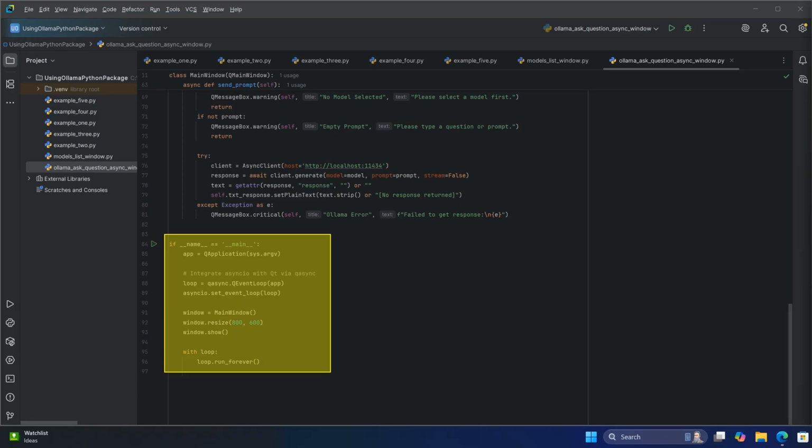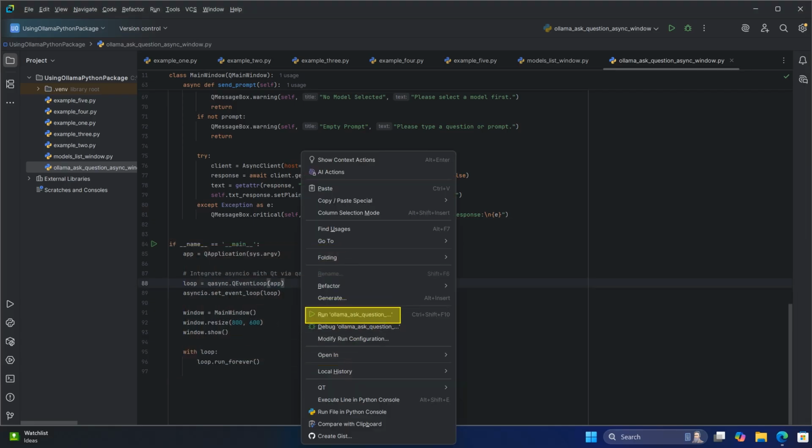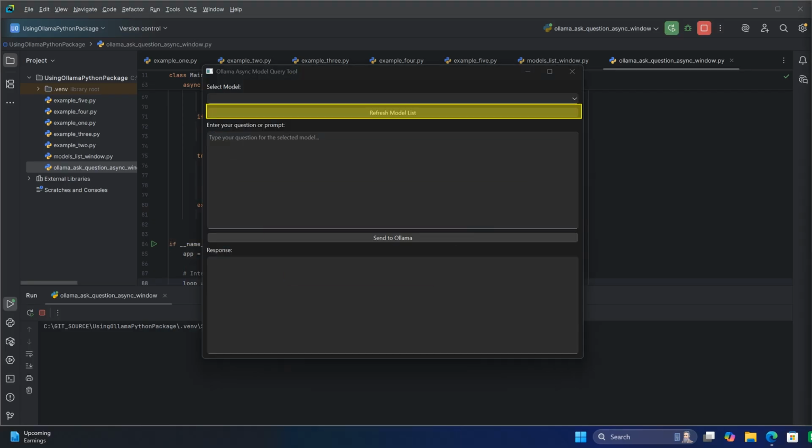Right-click on the highlighted area. Select Run. Click the Refresh Model List button. Keep in mind that it is hard to express the major differences between a sync and an async implementation in screenshots of this tutorial. But if you are following along the steps of this tutorial, you will see the huge